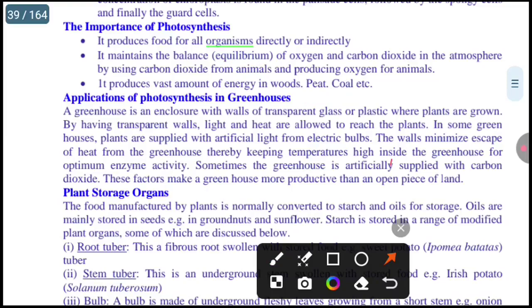Applications of photosynthesis in greenhouses. A greenhouse is an enclosure with walls of transparent glass or plastic where plants are grown. By having transparent walls, light and heat are allowed to reach the plants. In some greenhouses, plants are supplied with artificial light from electric bulbs. The walls minimize